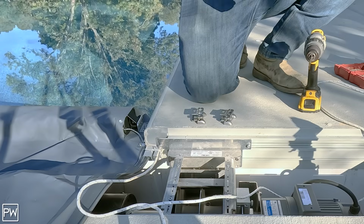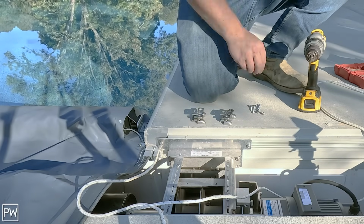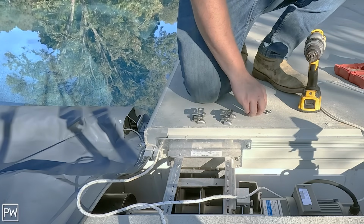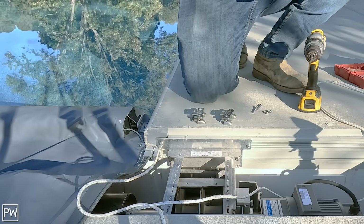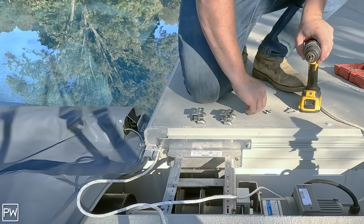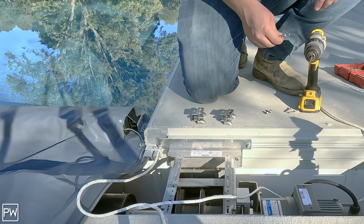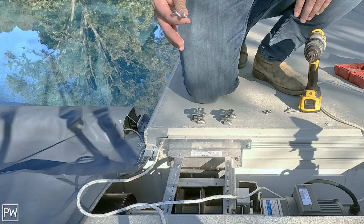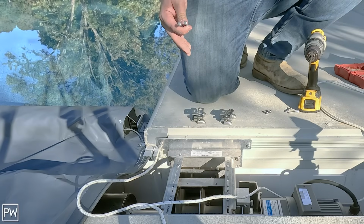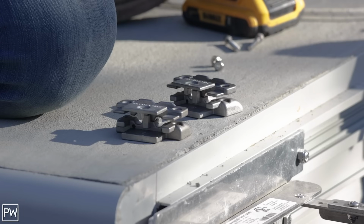I wanna also show the hardware that comes with these. So you'll notice you get two 3/8 nuts with this. You'll get 2 Allen head screws that are shorter. You'll get 2 longer Phillips screws. Now, if you don't have Allen keys with you, you'll want to go to the Phillips screws. I prefer the Allens though, because they're a little shorter and easier to use actually in this application. If you cut your encapsulation off flush and you need to use a retainer bracket, you'll need to use the